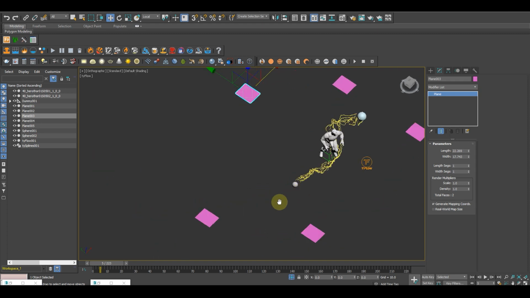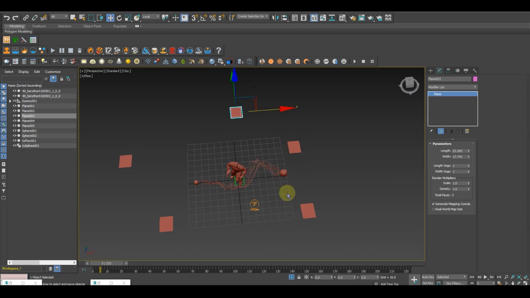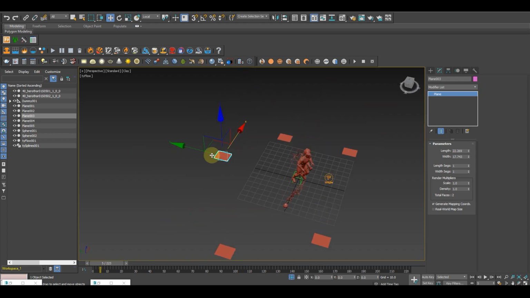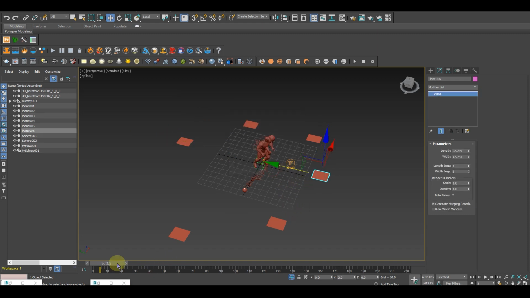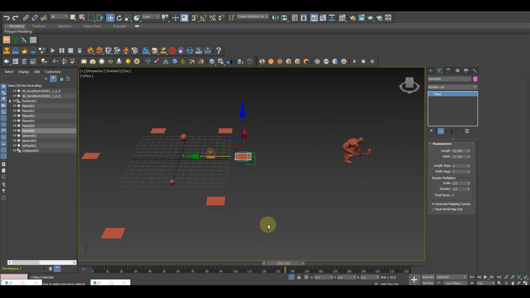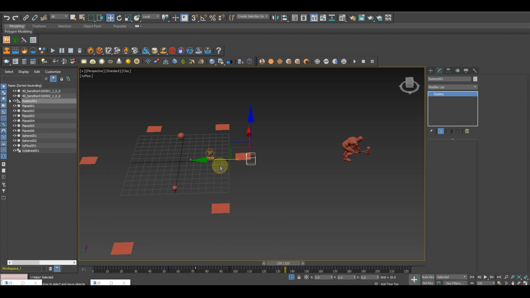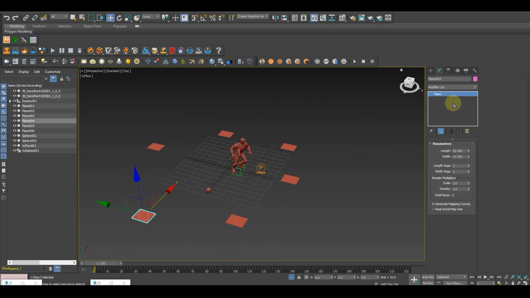What I have to do is create this area. Now let's find... perfect. Now let's